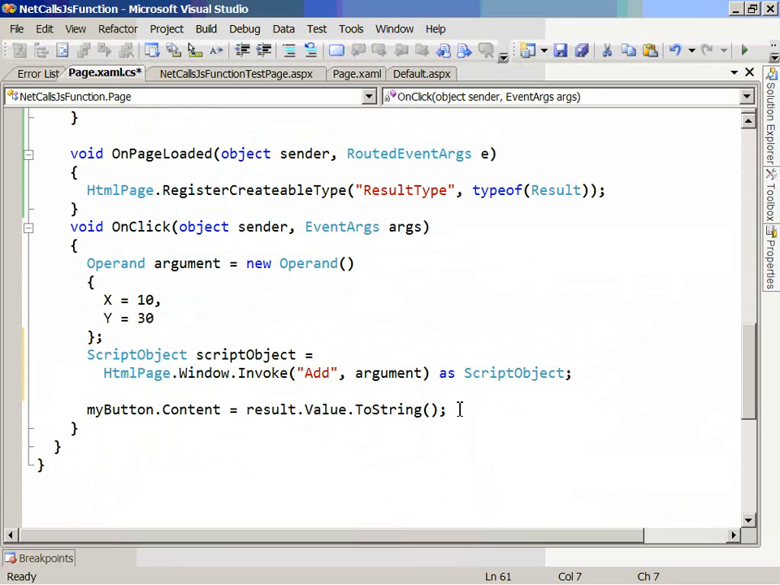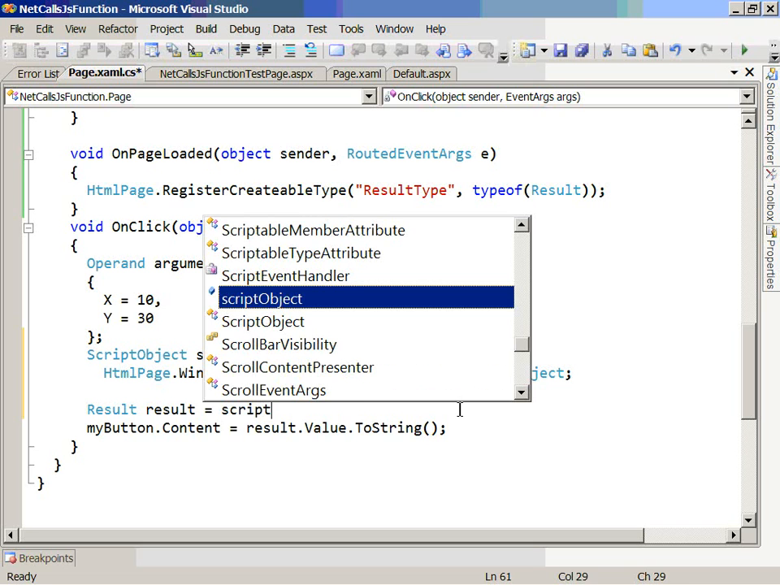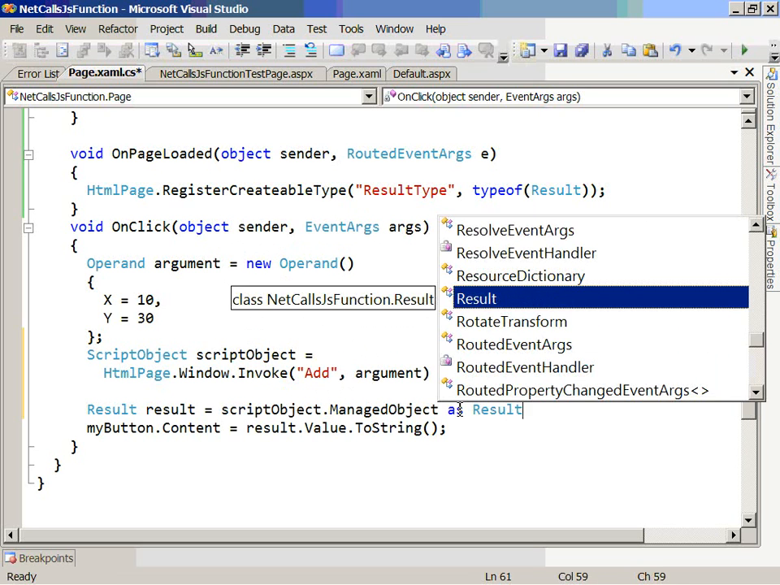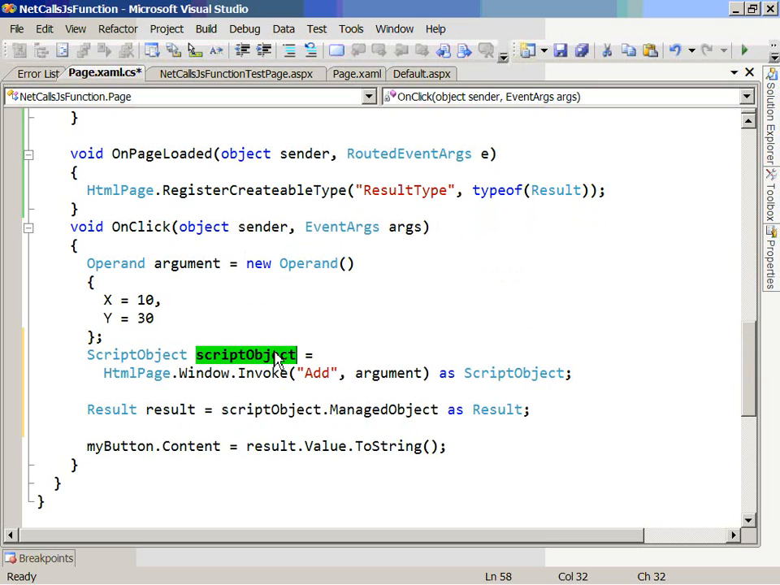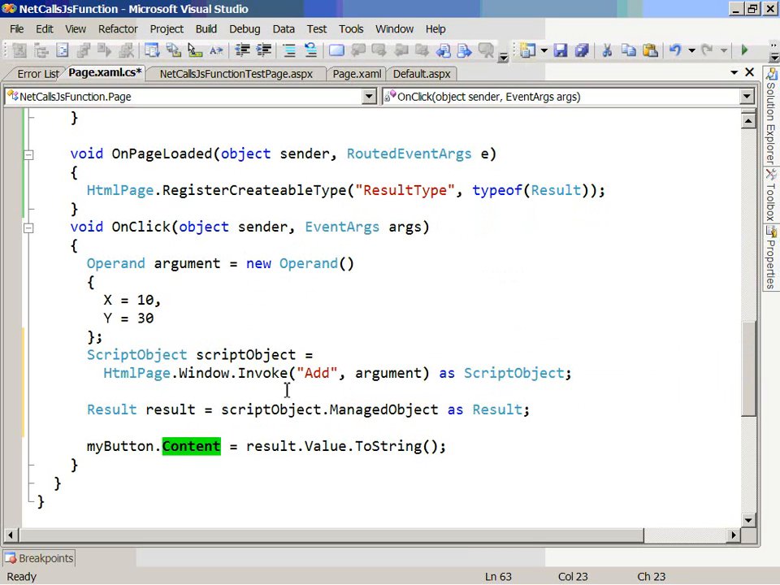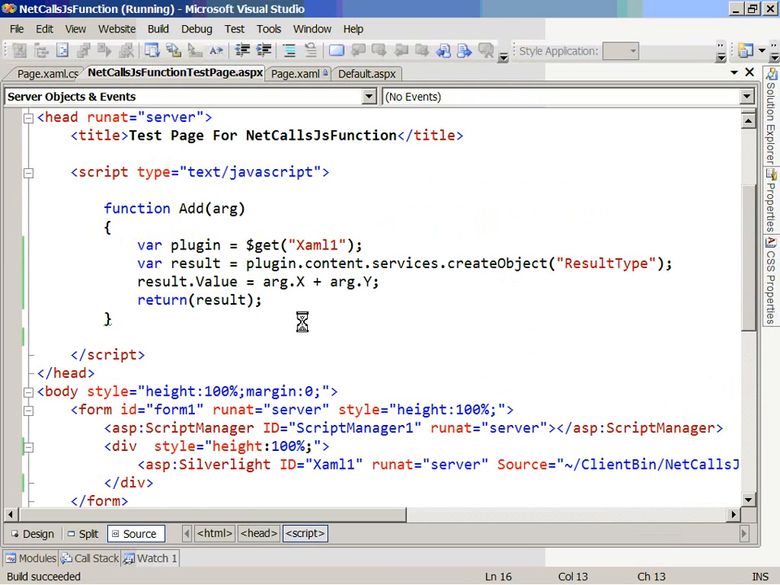Within that script object will be a result, so we can say result equals script object.ManagedObject as result. So inside of the script object that comes back from this call, there is a managed object which represents our object, and we can finally take that result and put the value into the content of the button again. So let's go and rebuild. Let's go and clear our JavaScript breakpoint, press F5,